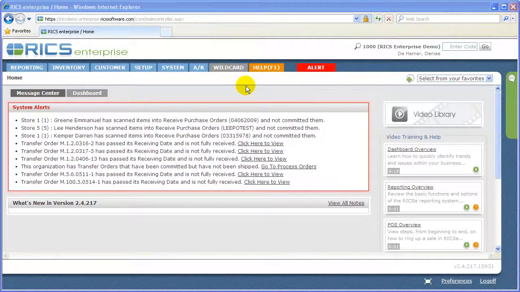This next video is on the bestseller report. The bestseller report is one of the most common run reports in Rick's Enterprise. To run this report, at the top right hand corner you can be at the top level organization or you can be at any of the store levels as long as you have access and permission to run the bestseller